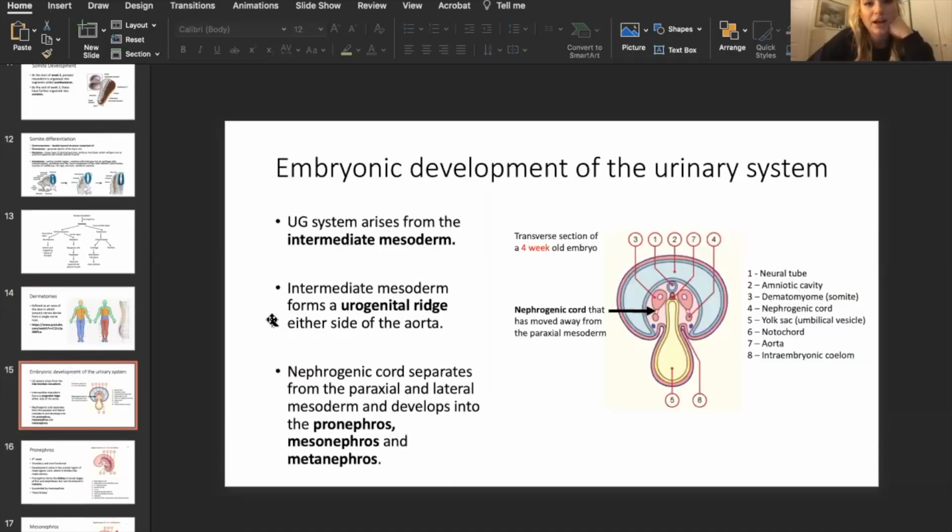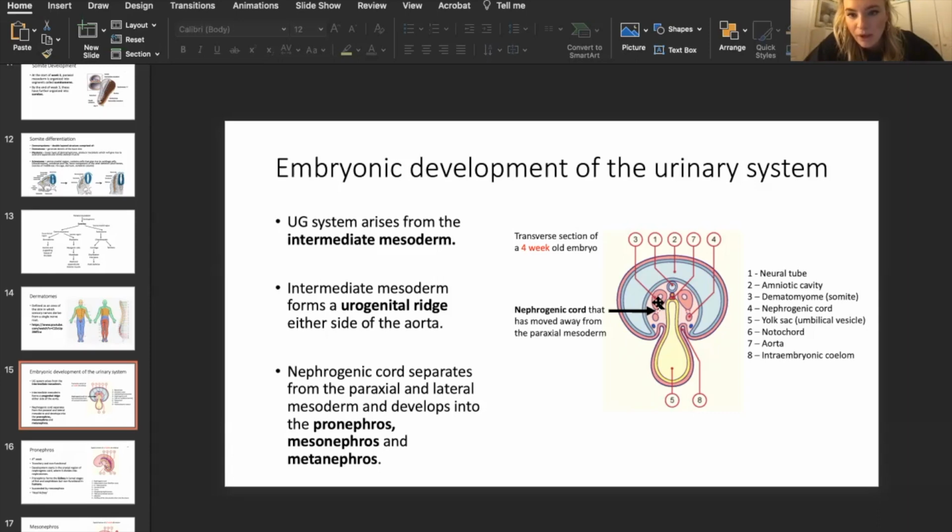So moving on to embryonic development of the urinary system. The urogenital system arises from the intermediate mesoderm this time. And the intermediate mesoderm forms something called a urogenital ridge, which, as you can see in this image on the right, you've got the neural tube in the center there in the blue,